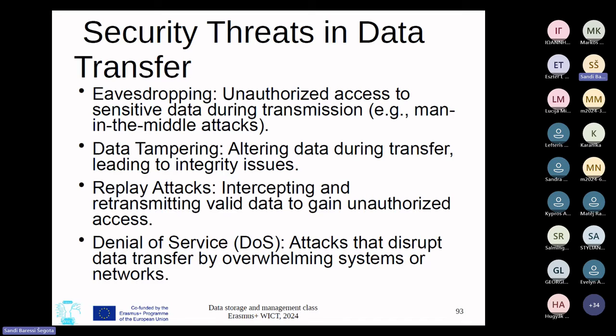When we're talking about security threats to data, there are four categories that basically cover all the possible threats to data safety. These are eavesdropping, data tampering, replay attacks, and denial of service attacks. Eavesdropping happens when I'm listening to you. So essentially, if you are sending information over a mail server that I have gained access to in some way, and it's not encrypted, or I know how to break the encryption,